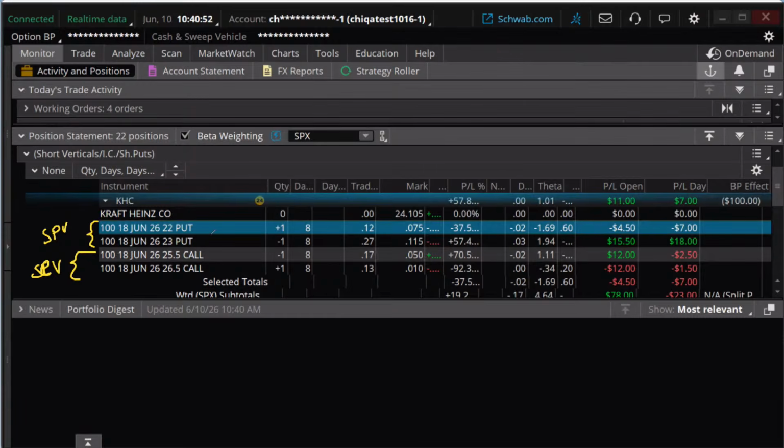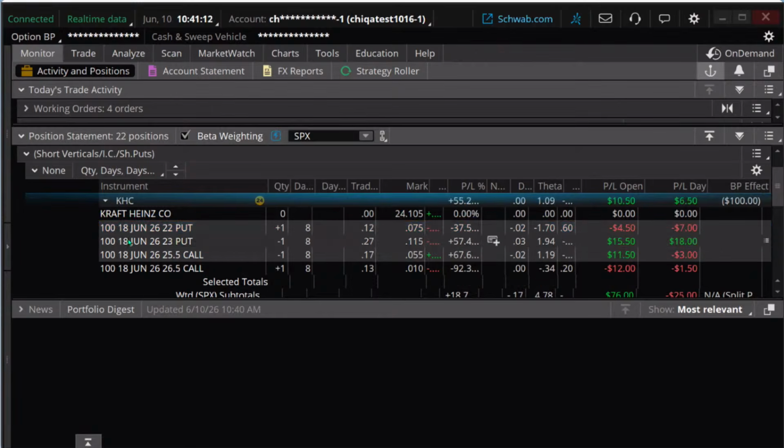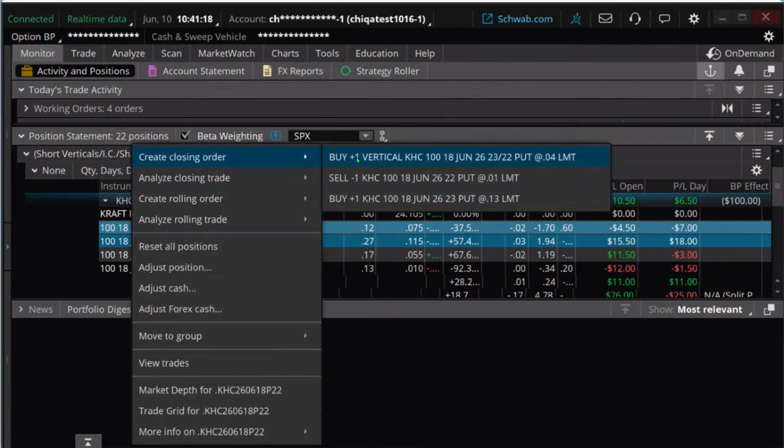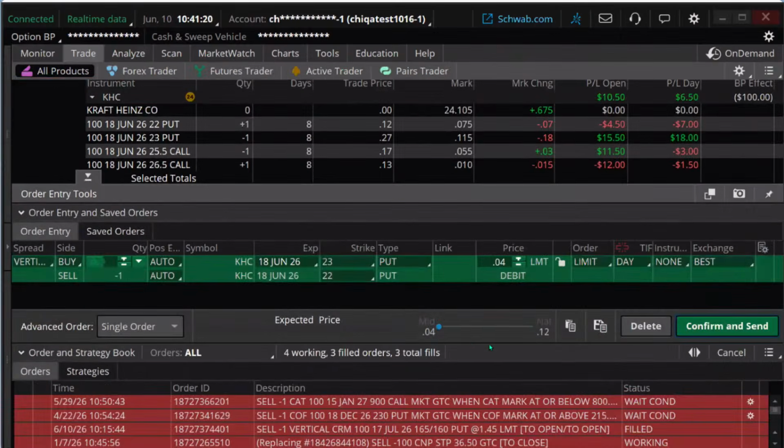If it breaks down, bullish or bearish, one side or the other, then we'll consider it. This is the bullish trade. This is the bearish trade. And the stock right now is kind of in the middle there. So look, we're just going to get out of these. Let me close this out. I'm going to exit not as all four together. I'm going to exit as two vertical spreads.